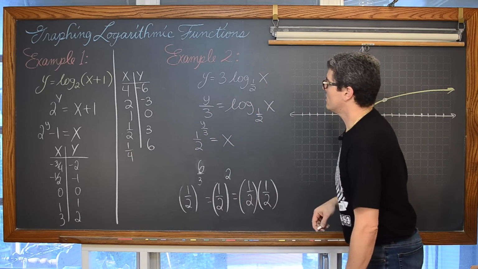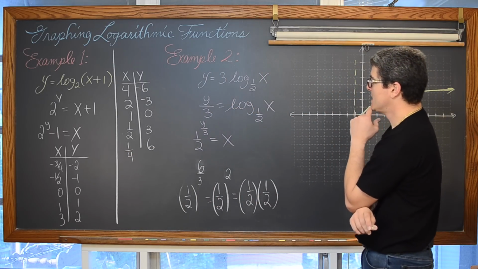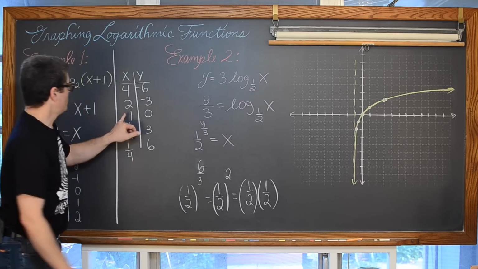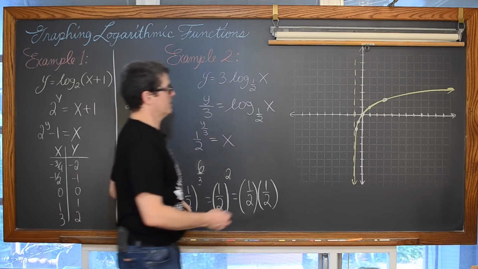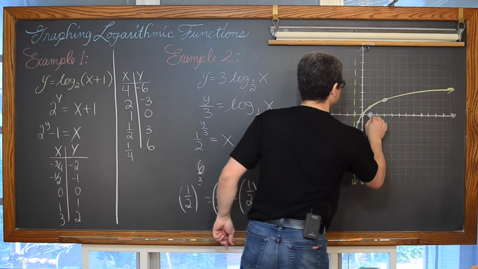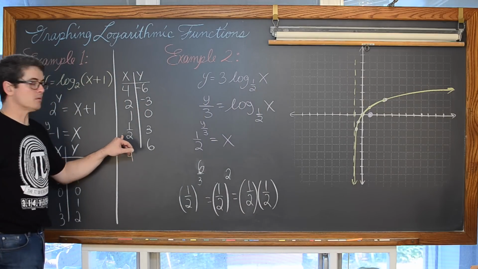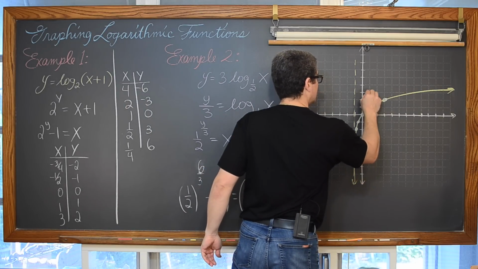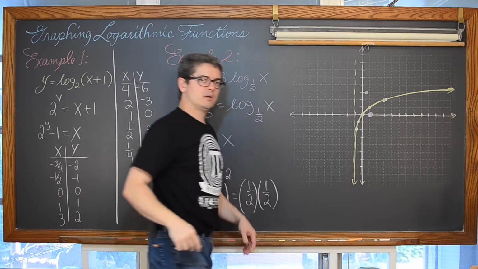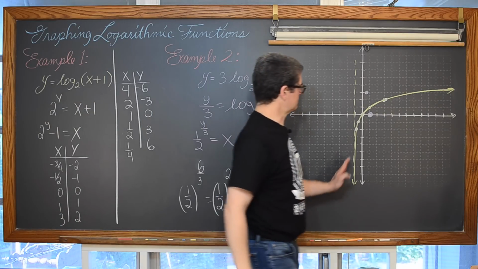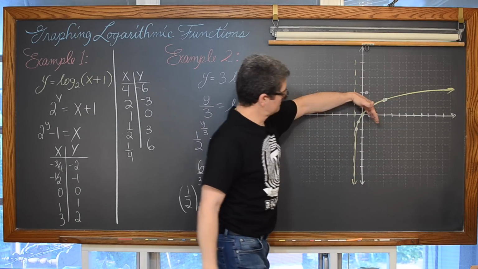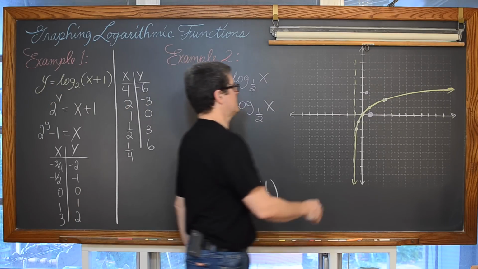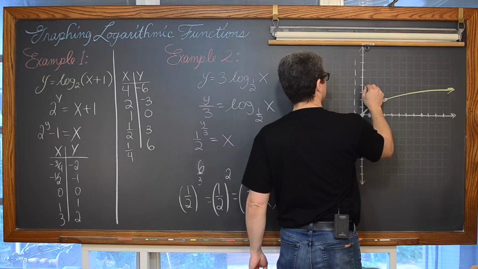All right, so let's see here. We're going to do this in purple for the graph. When x is equal to 1, y is 0. I don't know why I'm doing that point first. When x is equal to 1/2, y is equal to 3. You see how the graph's not rising up to the right? It sort of seems to be falling. When x is equal to 1/4, the y coordinate is all the way up at 6. So 1, 2, we're at 3, 4, 5, 6.